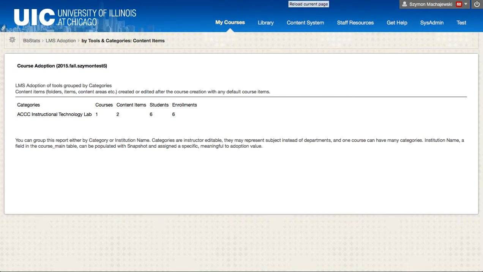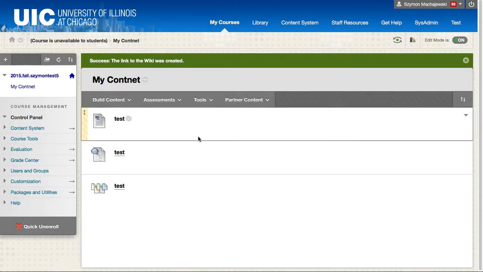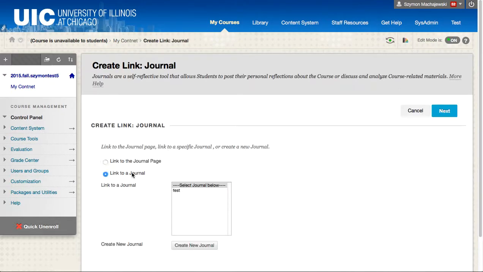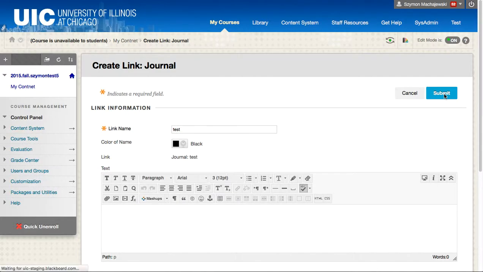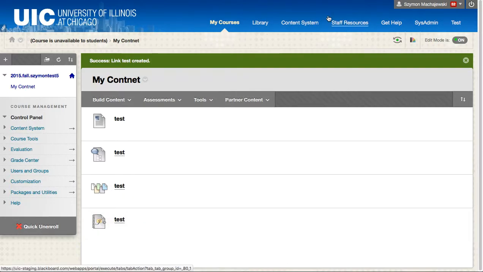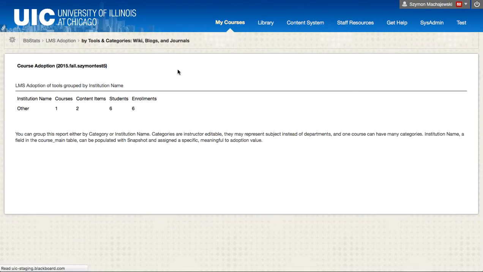Go to the report, it's this report right here. Press refresh, and we can see that there are 2 now available. We'll do the same for journals. Let's go ahead and grab a journal right here. Next, and submit. Now we have a blog, we have a wiki, and we have a journal in the course. Let's refresh our report for wikis, blogs, and journals, and then we see number